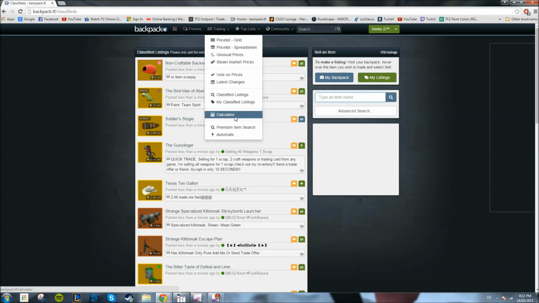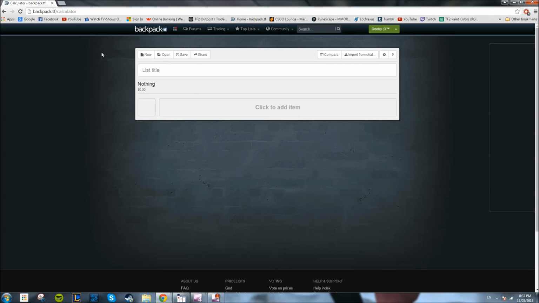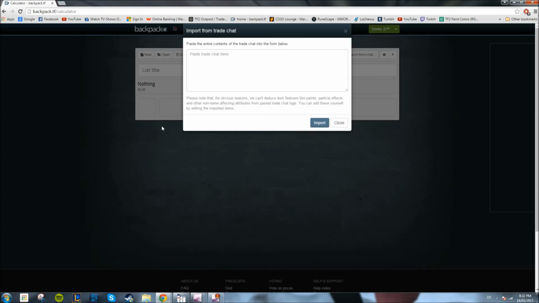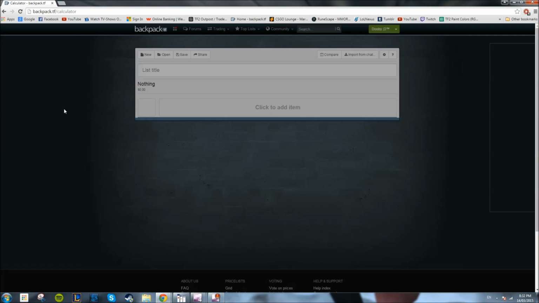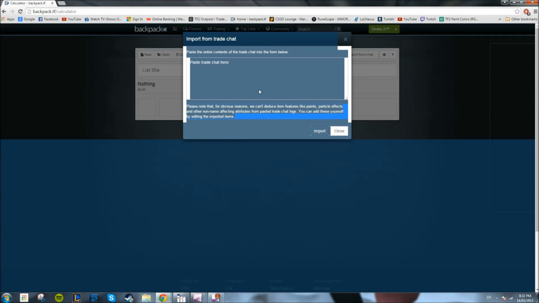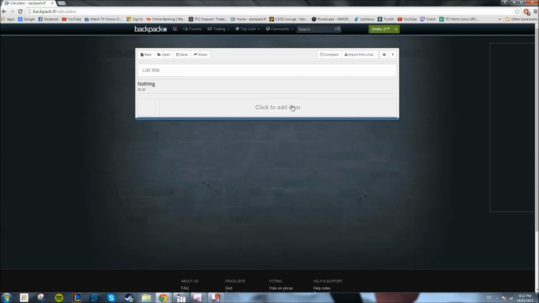Another useful thing backpack.tf is useful for is the calculator. I use this all the time. I don't know if you guys have seen me use it in a video or something, but it's hella useful. To use it, I normally just import from chat. You copy paste the whole thing, and then you just paste it in here, and then items will show up